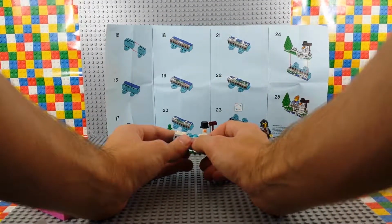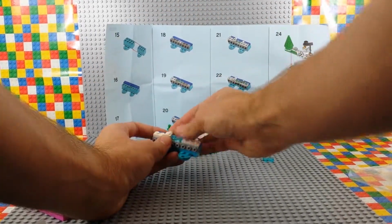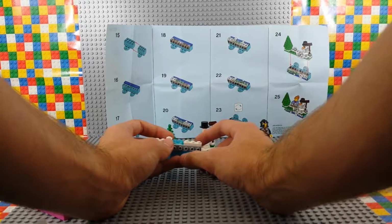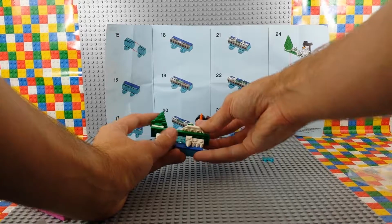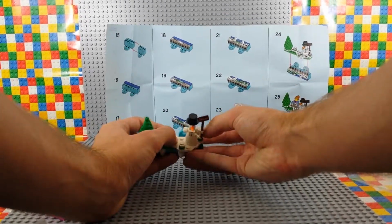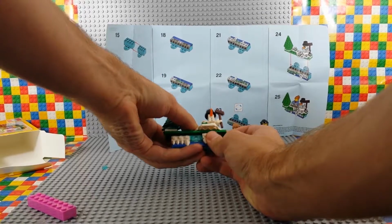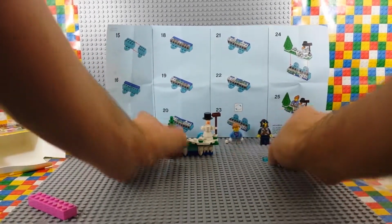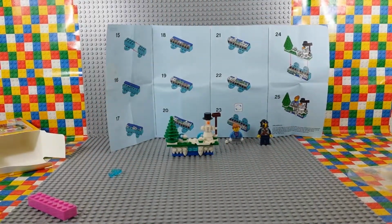Okay, and then step 21 is just one single claw on that one. Okay, and we flip it up. And then we put these on. Yeah. So there it is, and I was wrong. It did have 2 extra pieces, and the extra snowball if you count the girl snowball. So let's